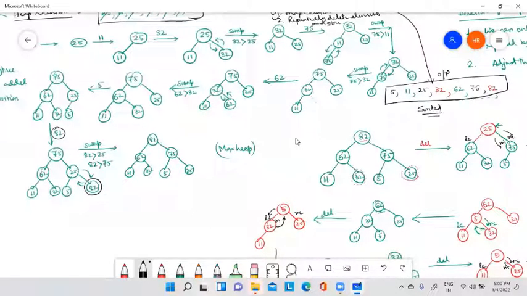Then we get a picture like this. I have not drawn the intermediate picture. So here the comparison will be done: 82 is compared with 25, interchanged, then 82 comes here and 25 goes here. Then 82 is again compared with 75. Who is 75? 75 is again the father of 82.